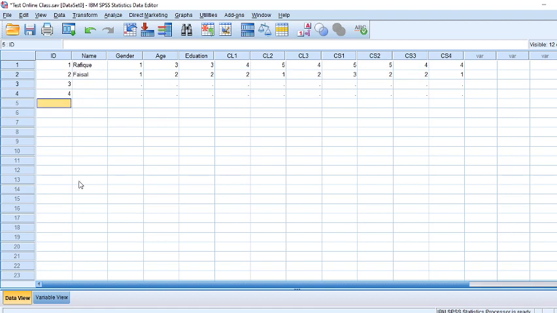So this was a lecture all about orientation of the SPSS software and how to enter data into the software. In the next lectures we will be importing the file from Excel, and we will be covering it lecture by lecture, first on missing values, and then the rest of the lectures which I have already discussed.